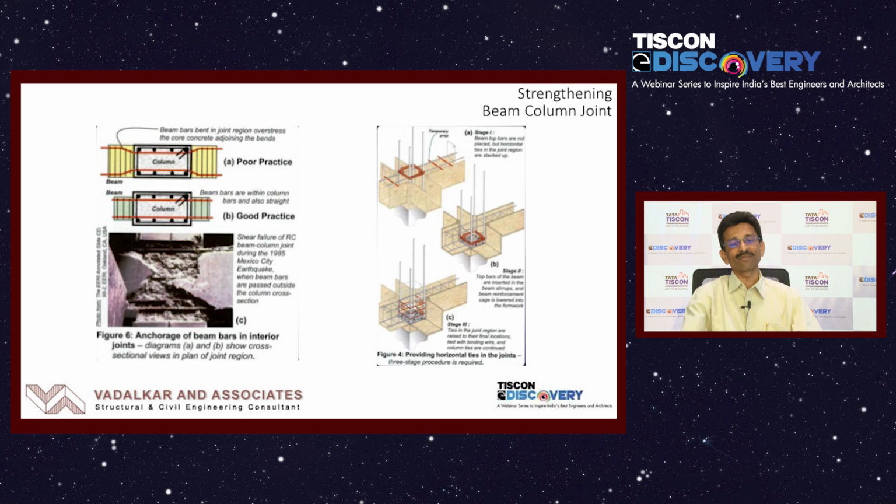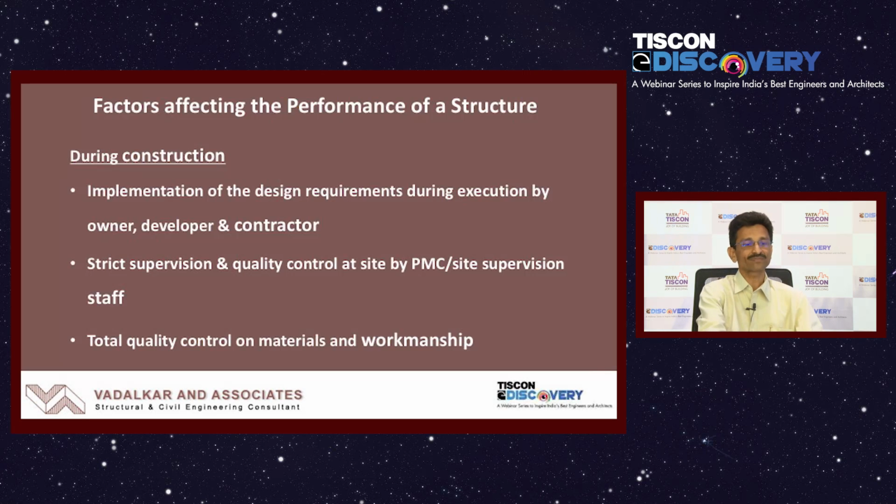You have to put the beam bottom bar first, then you have to insert the links in the column in the junction part, and then you should put the top steel. That is the way you should do it at site. Otherwise, people will say at site it is very difficult. Once you place the beam cage in position, afterwards you can't place these links in the junction.